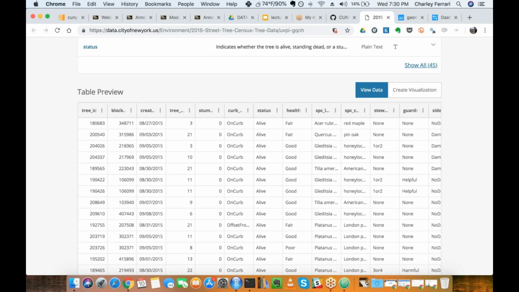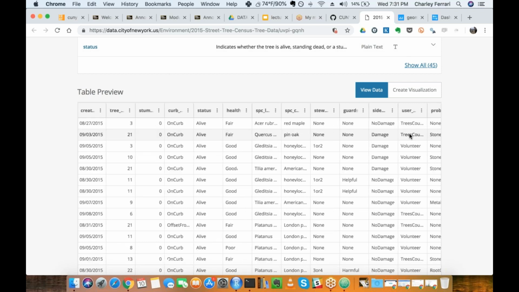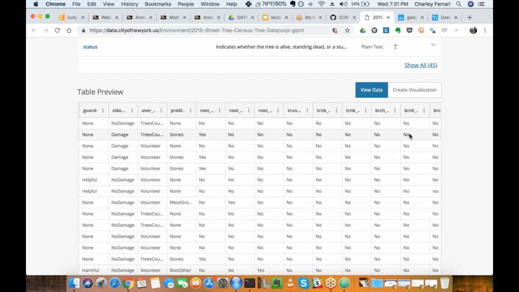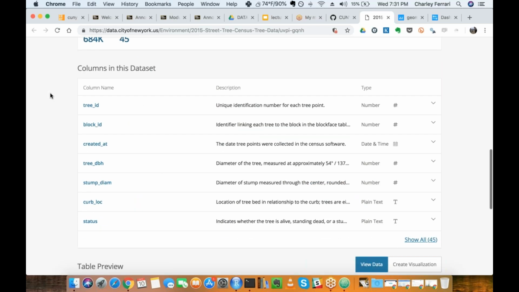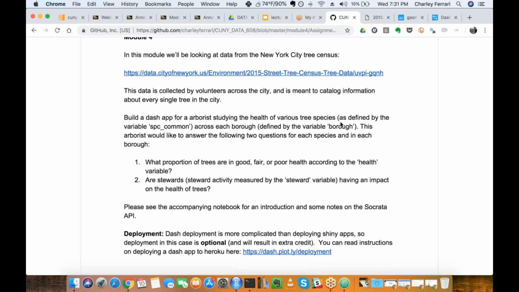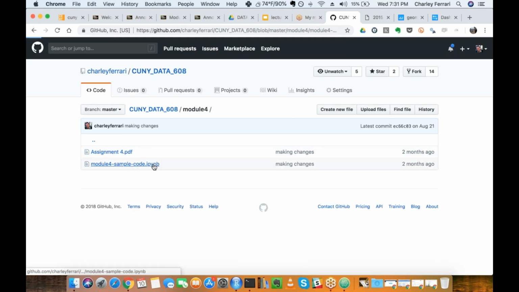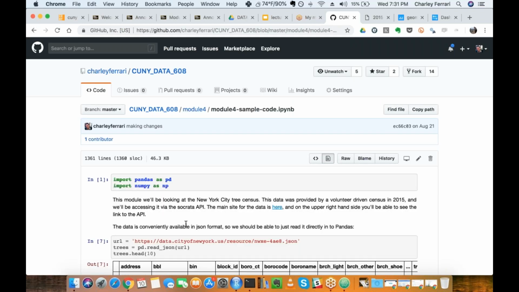So you have a data point for each tree, and you have lots of different variables. All your variables could be described here, and this is really meant to give people an idea of, you have this API, you have a wealth of information there, but how are you going to bring this information into an app?